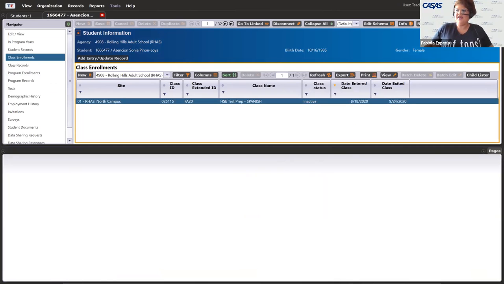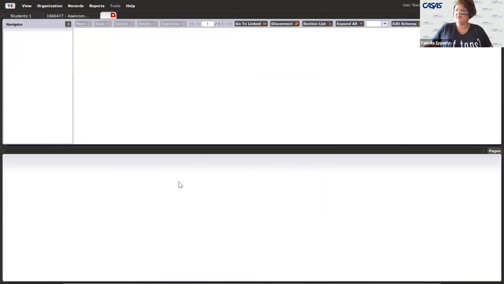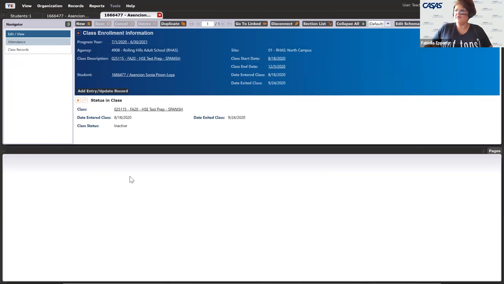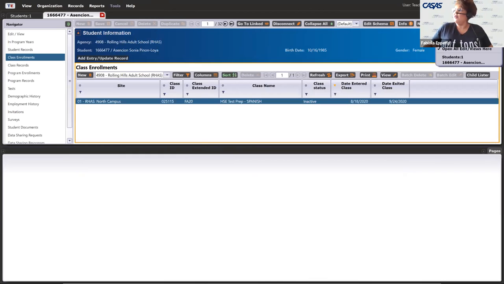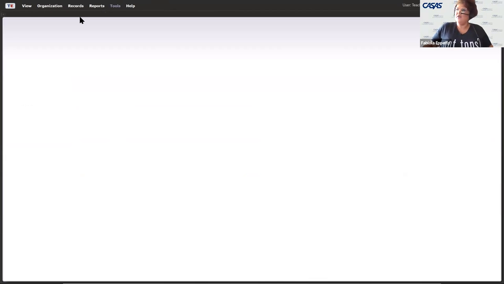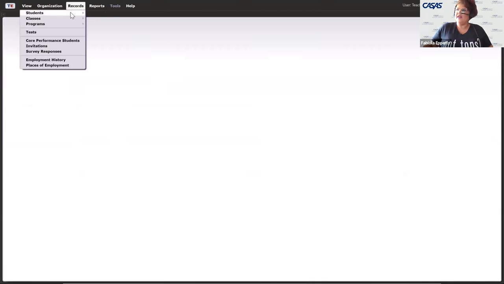Same thing. If you want the records to open up in the bottom, you always have to make sure you select open all edit views here. Oh, I apologize. You have to make sure you're selected in the page before you do that. So let me close this. We go back and I want to show you